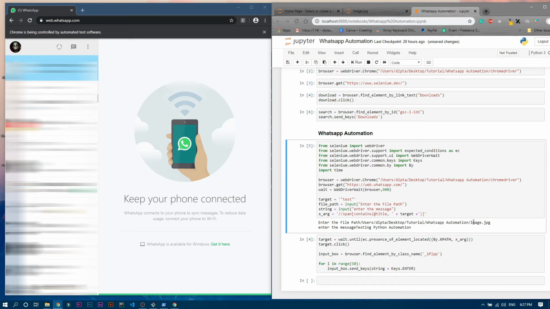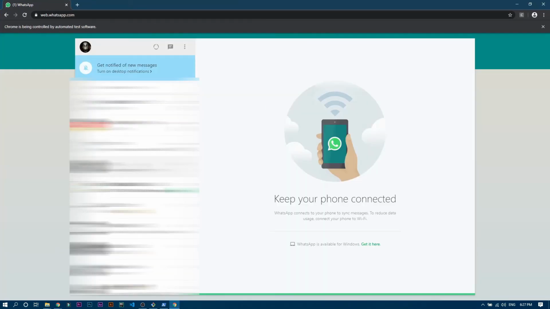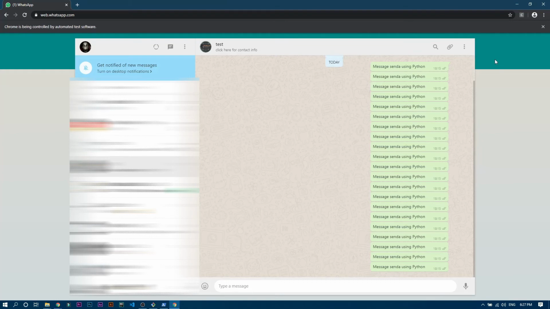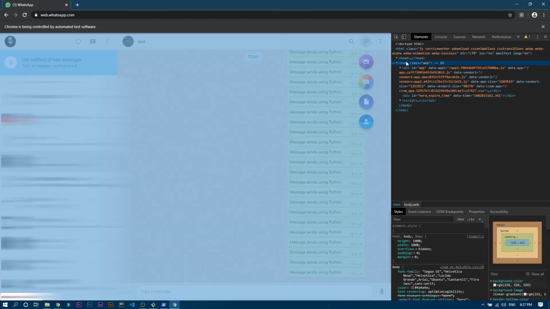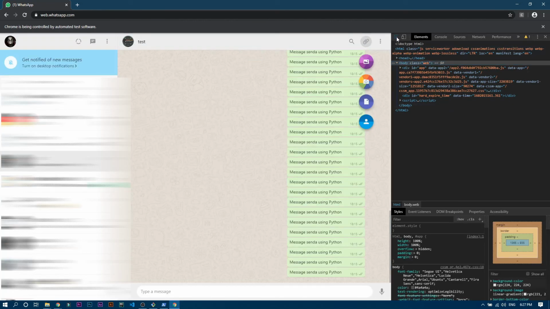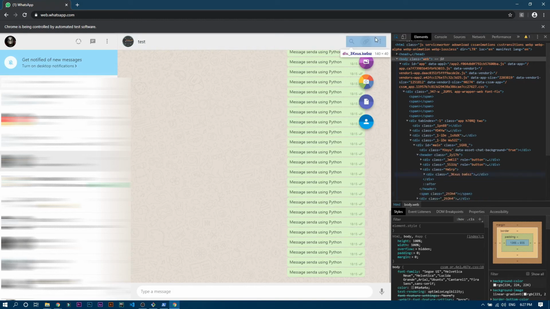That's perfect, it ran properly. And if I run it, obviously it will send all the messages to the test target. By the way, we also want to upload the file. So for that, obviously we need the id or class, whatever there is. So we will just maximize this screen, and let's open test manually. And here I'll just right click on it and click on inspect. Okay, and you can clearly see, let me just click on this mouse option and go over here.